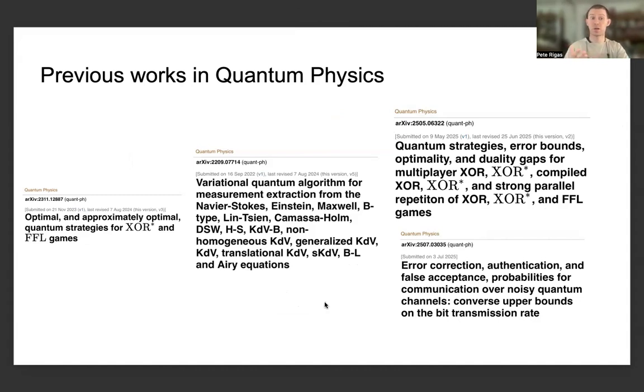And this pretty much has to relate to the fact that we're looking at optimal and approximately optimal quantum strategies for XOR star and FFL games, which is what I studied in one work. And in that case, this is really relating to the two-player game theoretic quantum setting, because it was basically me trying to expand upon some works by Ostrev in which he studied XOR and CHSH games. And these are two very well-known games within quantum information theory and quantum physics settings because it pretty